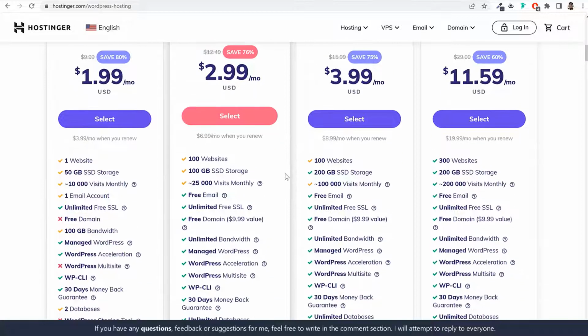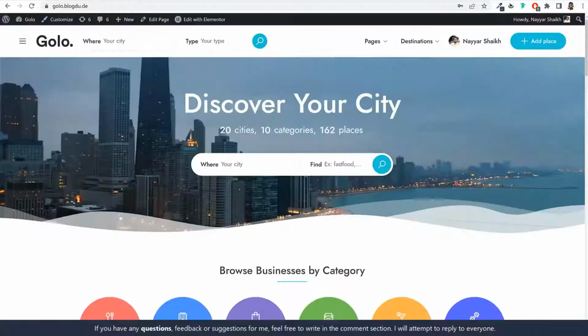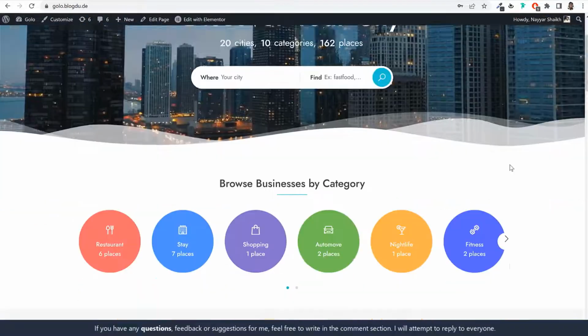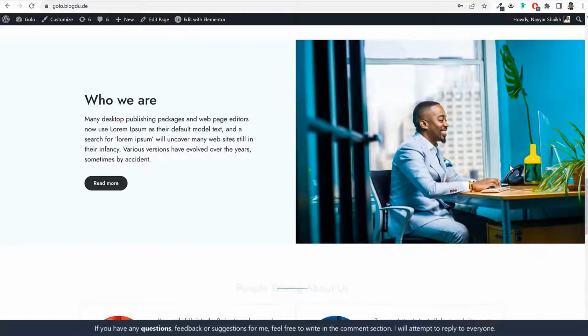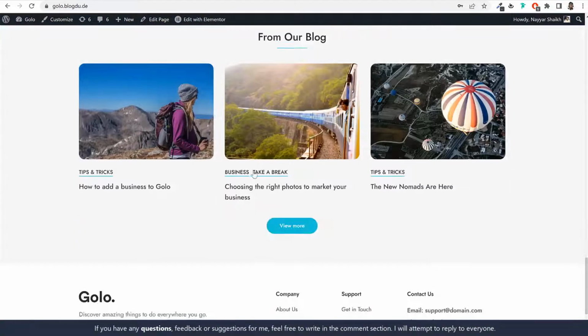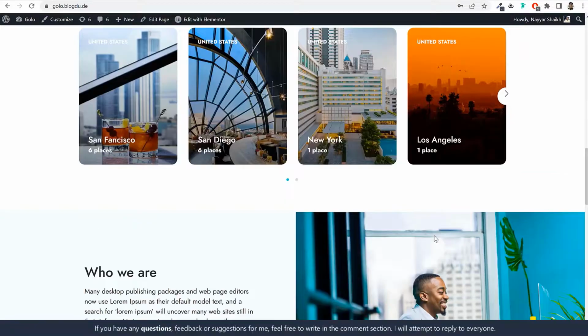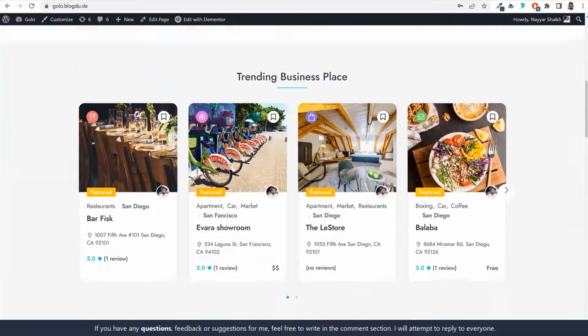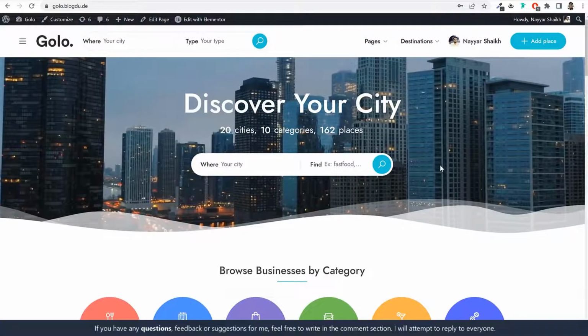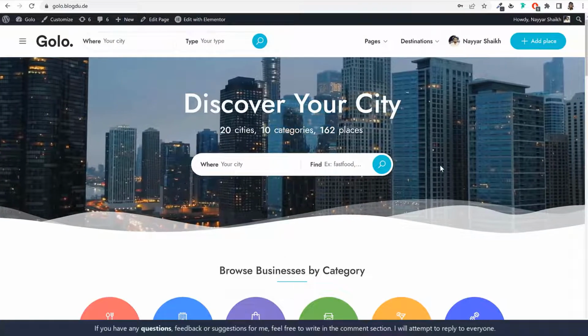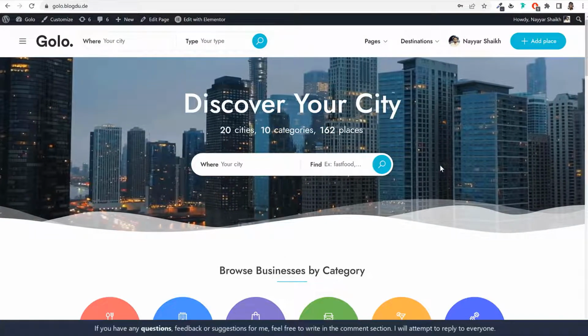So this is very important. And with this plan, you're getting 100 GBs of SSD storage. Now let me first explain how much storage we actually need. So if you see this demo website here, as you can see, I've used so many different options, so many different pages and many different layouts and everything. All these different options are created for you, and different media files are used. So this is a pretty big website, but still the size of this website is hardly 100 to 200 MBs,